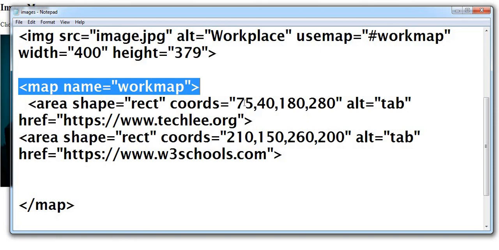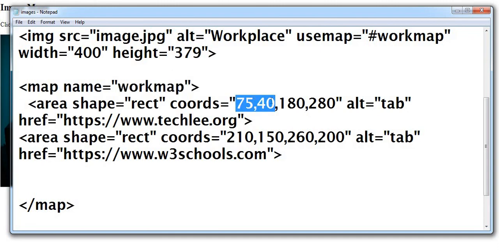And if it is a polygon, we will give multiple coordinates, like multiple pairs of coordinates. The coordinates will come in pairs like x and y coordinates. We can give any number of coordinates, so if the polygon is a big one and has multiple lines, then we can provide a lot of coordinates to that.